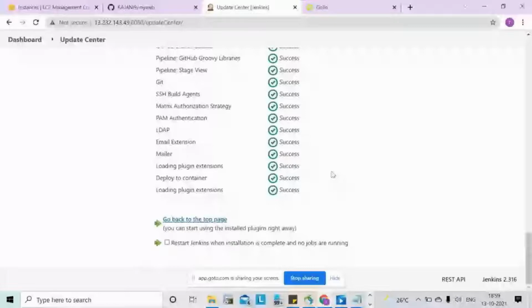So here in post build actions, before installation this option is not available: deploy war/ear to container. After installation of this deploy to container plugin only, this option will be available.